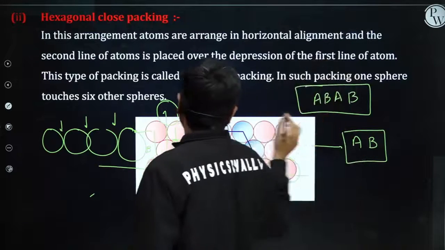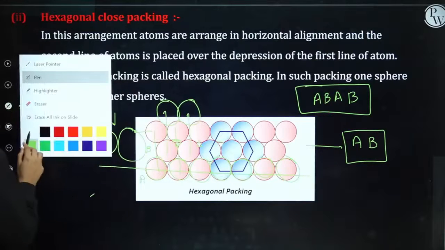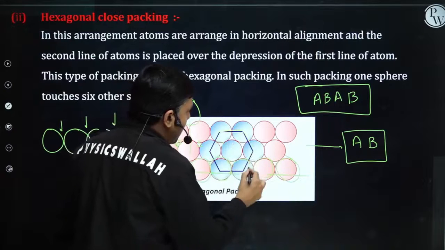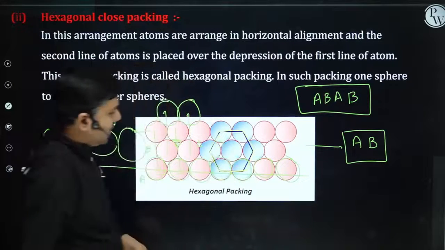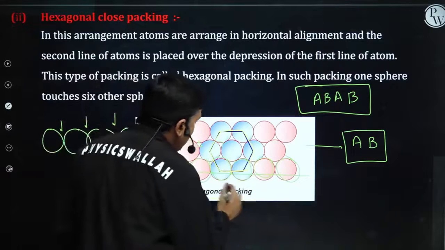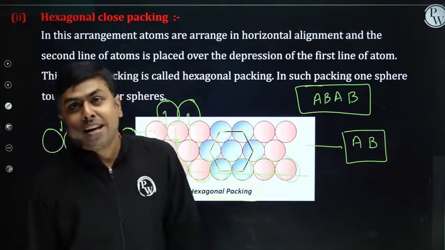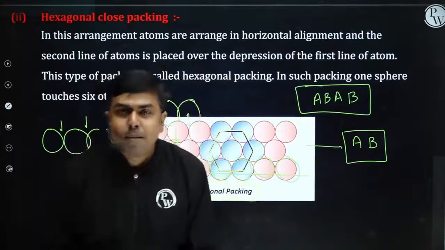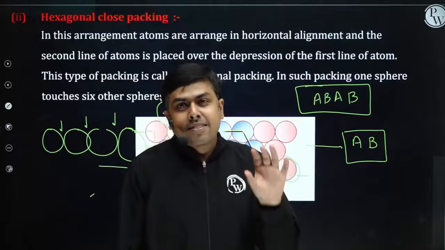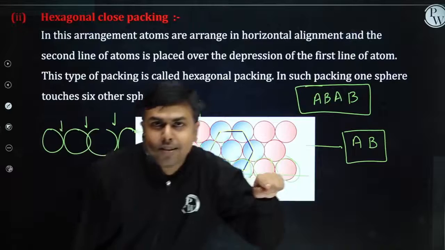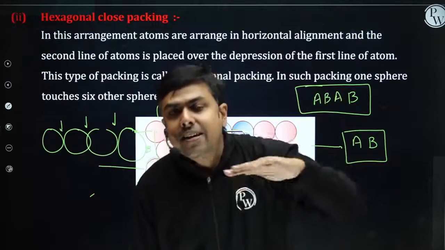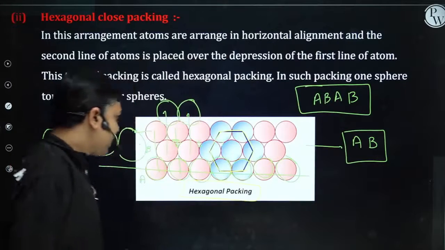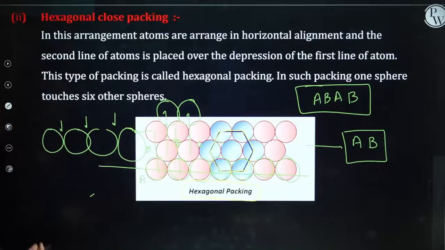If I talk about the unit cell formed here, student, in this AB, AB, AB type of packing, the unit cell which we get is a regular hexagon. So it's referred to as hexagonal closed packing. We have studied two types of packing in two dimensions, square closed packing and hexagonal packing. Hexagonal packing is AB, AB type packing. The second layer is exactly placed on the depressions of the first layer. Third layer exactly placed on the depressions of the second layer. Am I clear, students? Okay. So this is the unit cell. Can you comment on Z effective here?